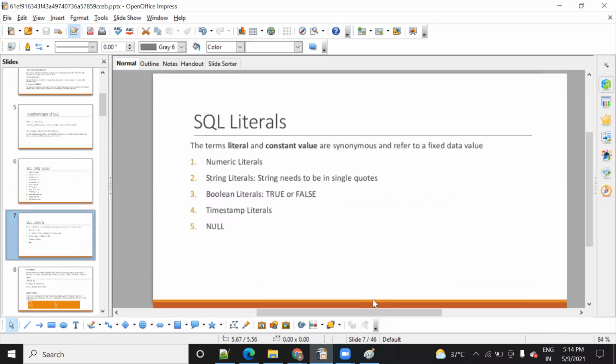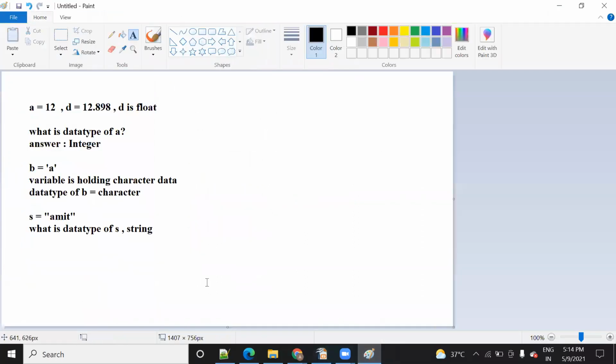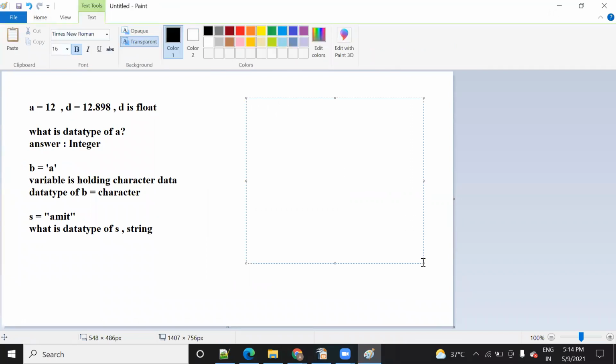The literal and constant values are also used in SQL. A constant value is one whose value doesn't change. For example, pi. If you know pi, in mathematics, when we want to find areas and so on, we use this pi, right?